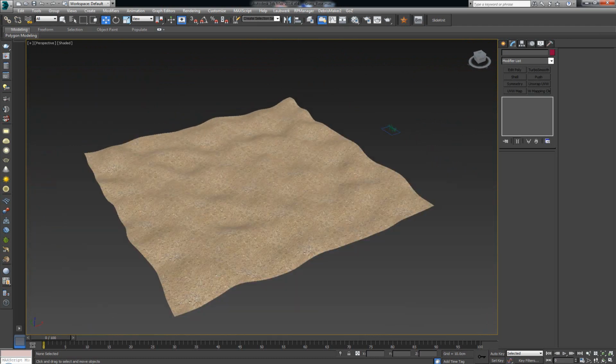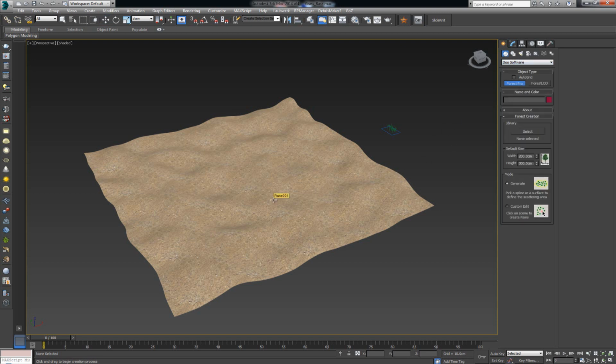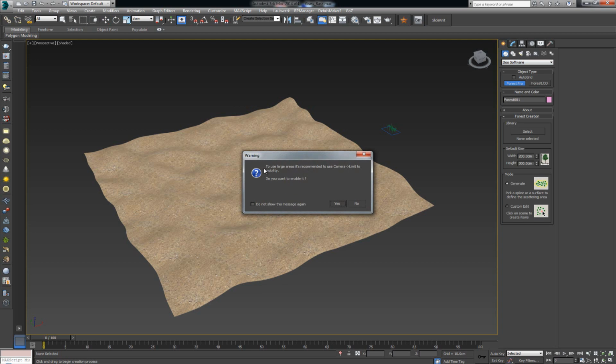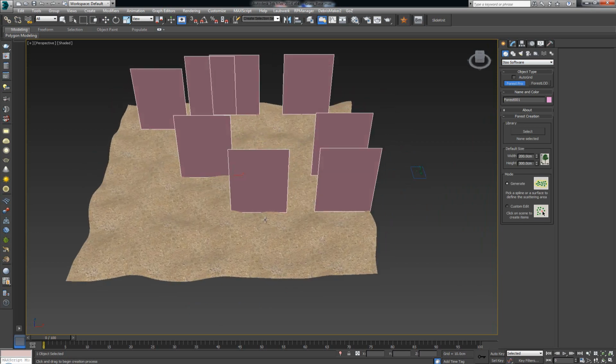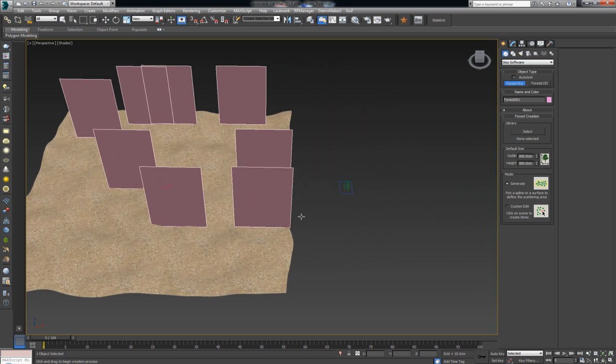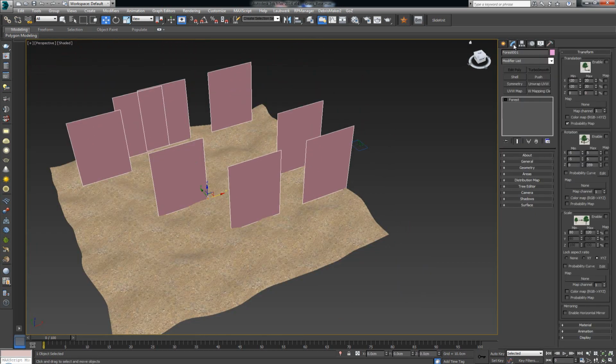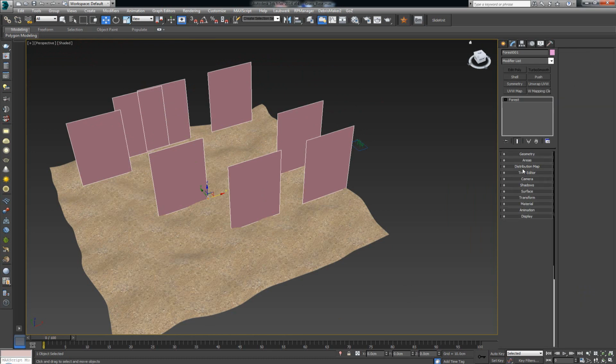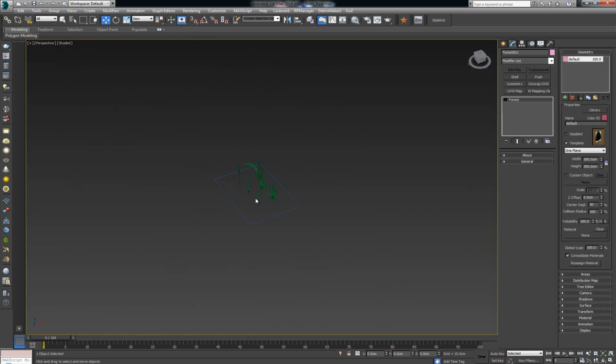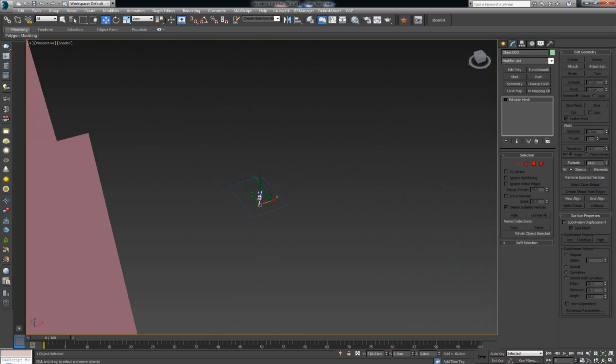Now it's time to add in our Forest Pack Pro. Alright, go here, i2 Software, Forest Pack Pro, and you click on the plane. It asks, do you want to enable it? Yes, alright, I will enable it. Like we saw in the previous 2 videos where we explained about Forest Pack Pro, you need to first of all define the geometry that's going to be scattered. So geometry, come over here, select these guys,